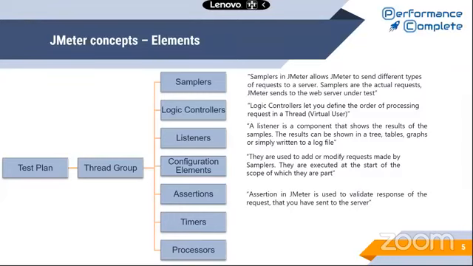Assertions: if you want to add any assertions, for example, you are logging in, so you want to make sure that your home page loaded successfully. So you want to assert something, whether I have logged in properly, whether I have the login page there. All those kinds of things come in assertions. It's also known as the functional validation, if you want to validate that you are hitting the right step and getting the right results.